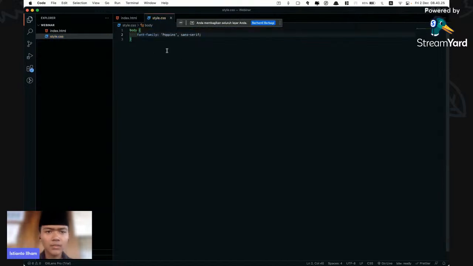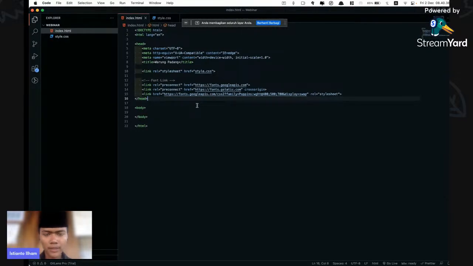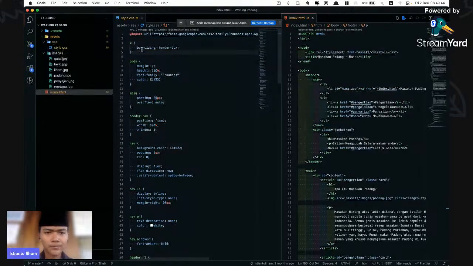Okay, it will code like this. And then we will make a header for the website. First, open your index.html, and then we will make a navigation for the website. And then first you have to make this